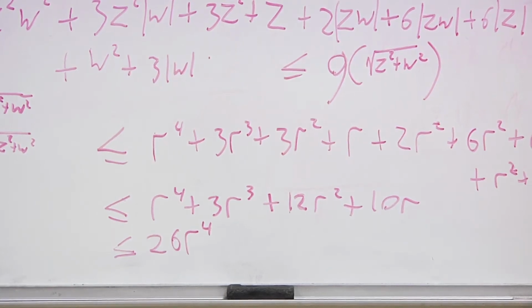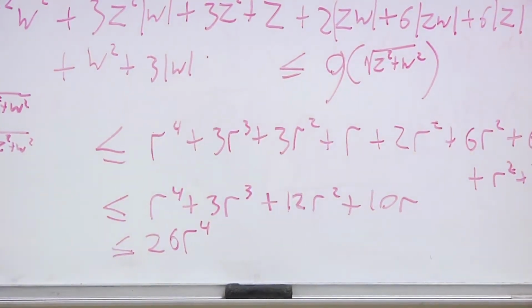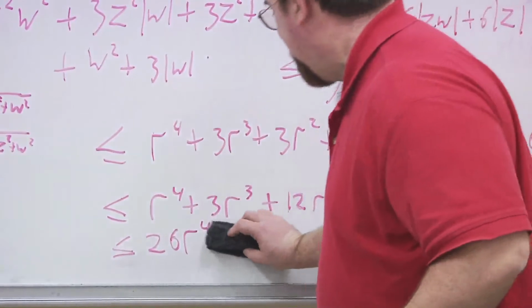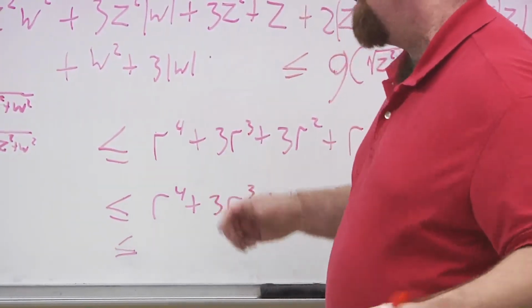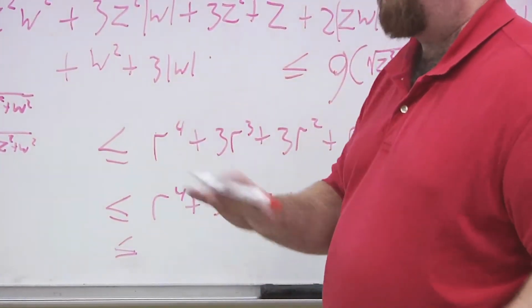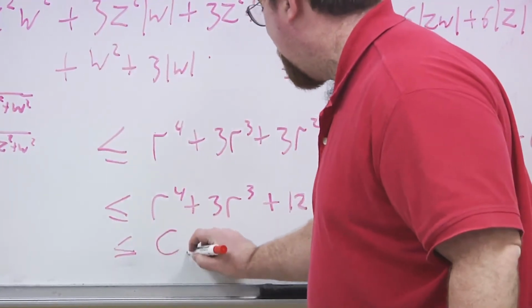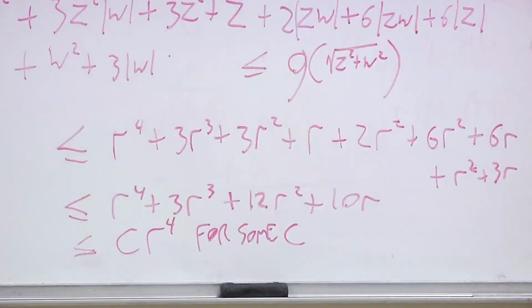million if you want to be on the safe side. So no, I can't say this. And because I'm just doing this on the fly, and that's alright, you guys can do it too. This is bounded by a constant times r to the fourth for some constant c, and you can find one